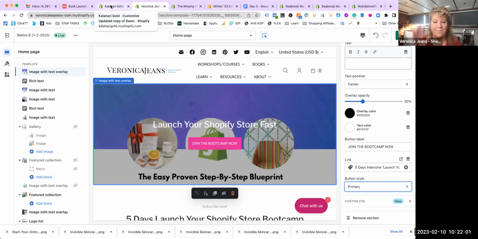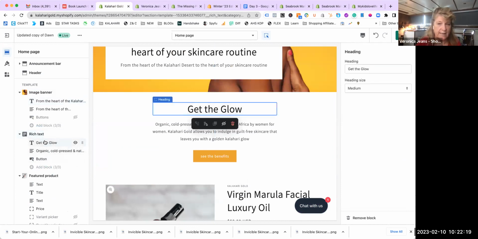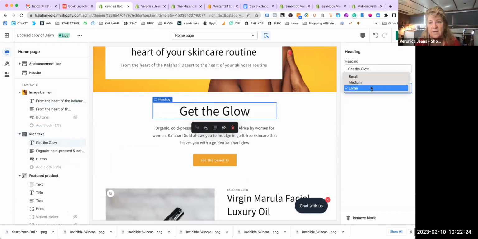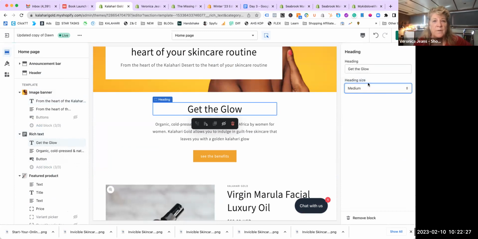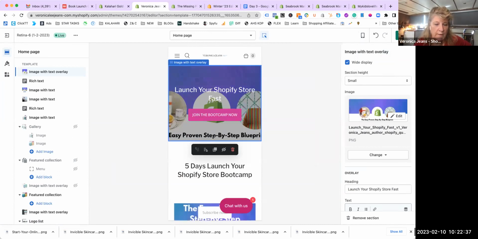So again, every theme is different. So you've got to have a look at what your theme is doing, what it is adding, what it is not adding. But most of the time you add stuff on the side here, and you add some information. Again, you click in here, you go onto the side, and it'll give you options to make it bigger, but don't make it too big. And always, always, always, when you're adding your